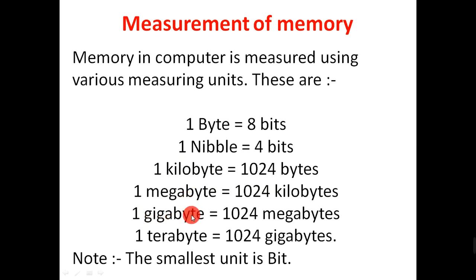So we have our smartphones having memory capacity in GB, like 32 GB, 64 GB, 128 GB. So here GB means gigabyte, and there is also another unit, terabyte, which is bigger than this GB. So these are the various memory units we use for expressing a storage capacity of the computer.